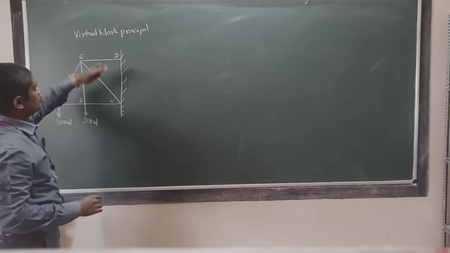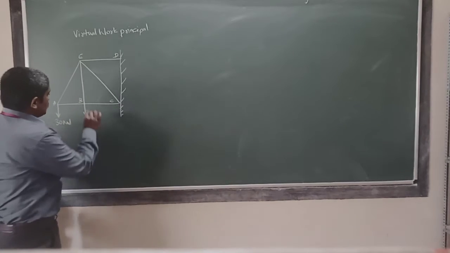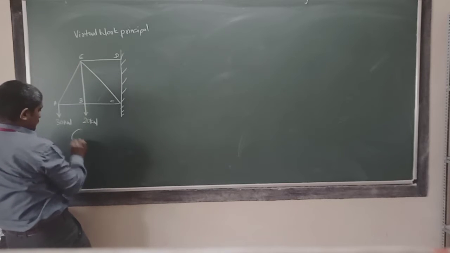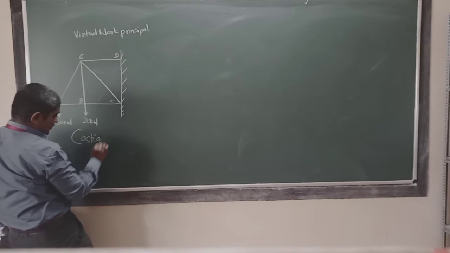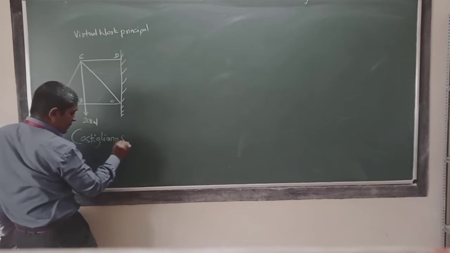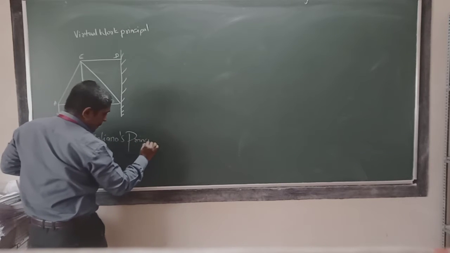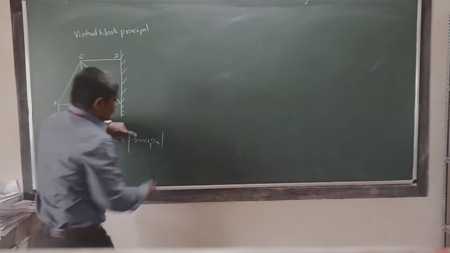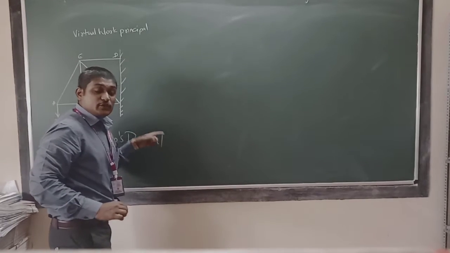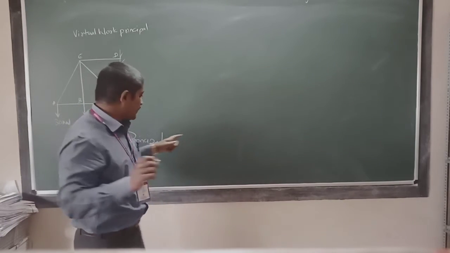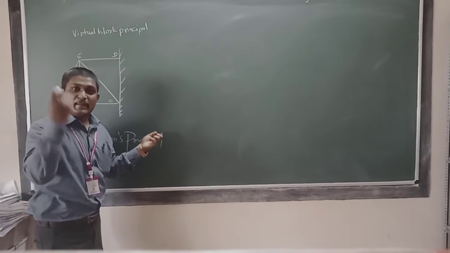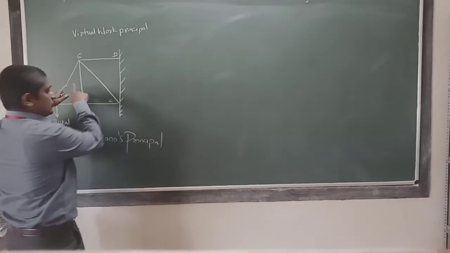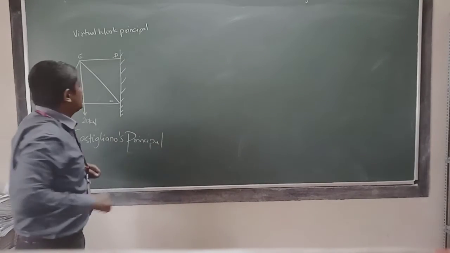Why I am taking the same problem? Just to show you the difference here. Okay. So today we are going to solve the same problem with the Castigliano's principle. The main difference between these two is, here we are using the partial derivative to see, due to the external load as well as due to the imaginary load, how much stored energy is going to be saved inside the structure due to these external forces as well as the imaginary forces.